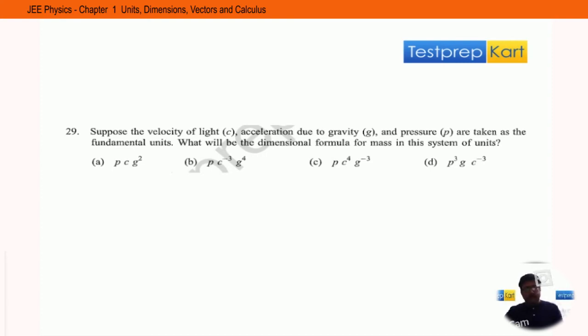Suppose velocity of light is c, acceleration due to gravity is g, and pressure is p, taken as fundamental units. So same thing, that is the mass, proportionate, that we can write c to the power x, g to the power y, and pressure p to the power z. So in this particular question, you can get many things. So here you can get m, l to the power 0 and p to the power 0 is equal to c. What can be the answer? L, p to the power negative 1,